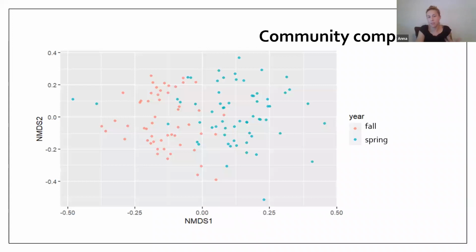And so what we started to realize is that the largest compositional differences was actually just due to seasonality. So you had sites just being more similar in fall than they were in spring, which makes a lot of sense, especially with pollinator communities emerging in the spring that just aren't in the fall. So we realized we needed to kind of fix this before we could detect any patterns of burn versus unburn.